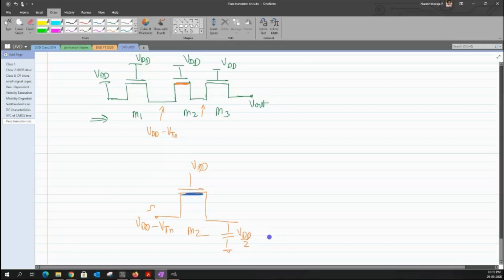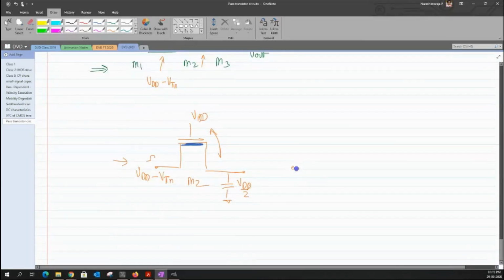Now what happens to this? What type of voltage can I have? I have to ensure that the channel exists. So as long as the channel exists at this particular point, I can conduct whatever voltage I have here towards this. So now let us think in terms of switches. Let me not commit this one as my source. Let me commit this as my source and the other one as my drain.